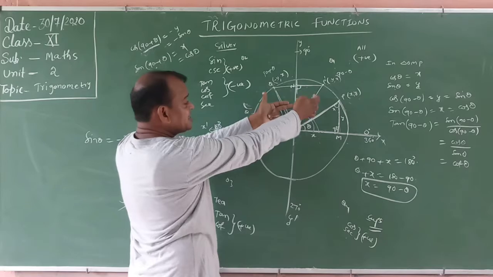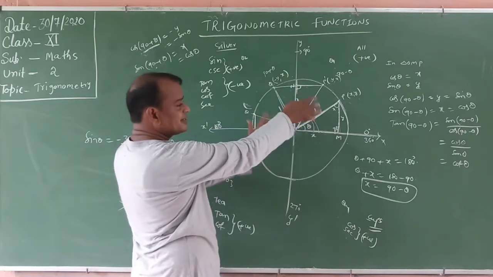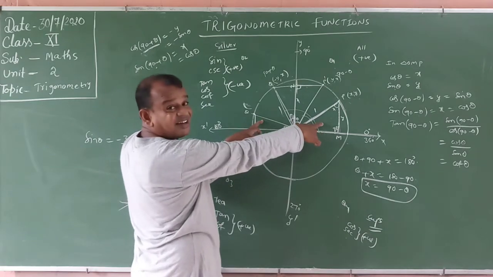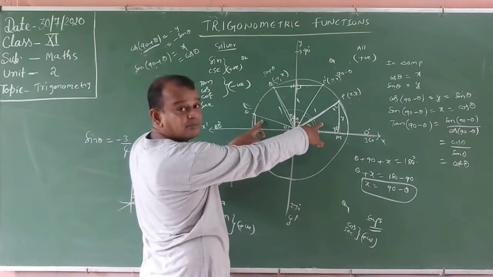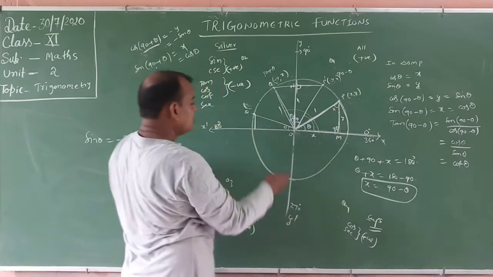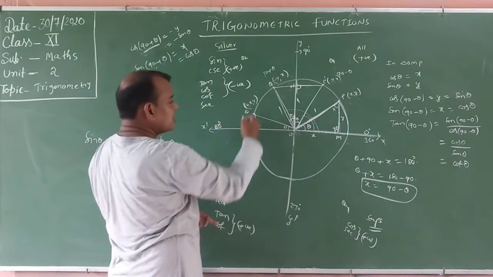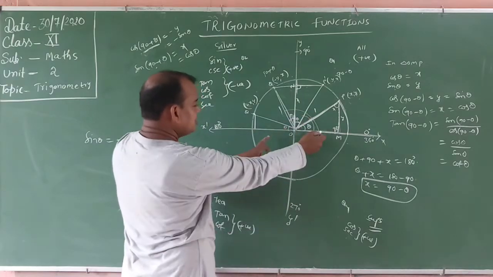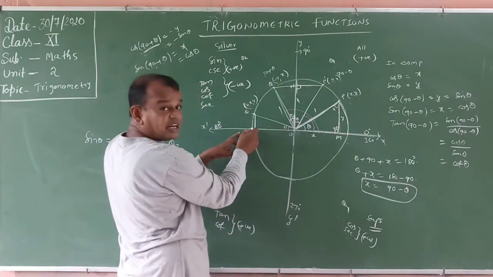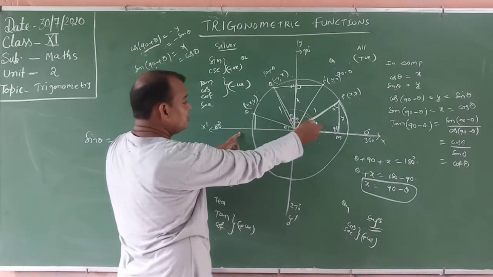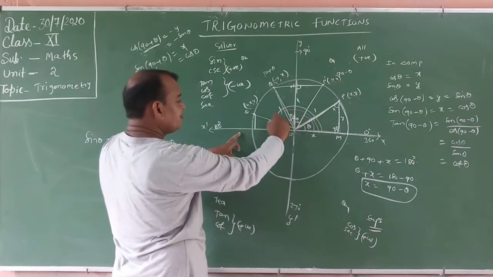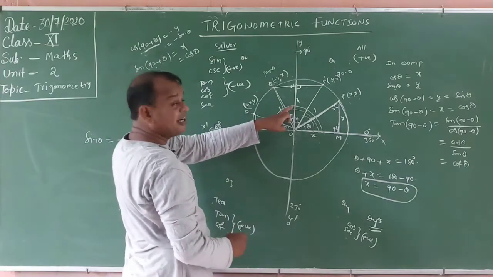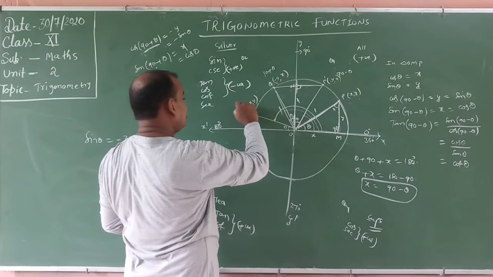But in the earlier case, comparing these two triangles, the x-axis was changed into the y-axis and the y-axis into the x-axis. But comparing these two triangles, there is no change in the x-axis and y-axis, but the sign will be changed. This is x comma y, this is minus x comma y. What about the angle from this one to this one? This is theta. Straight angle means 180 degrees. Here to here is actually 180, and theta is there, so this angle is 180 minus theta.